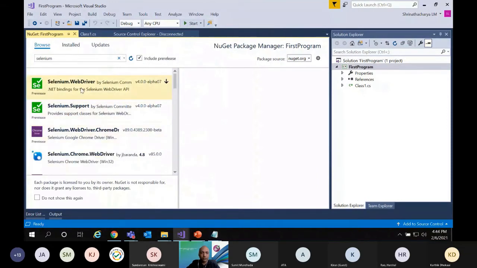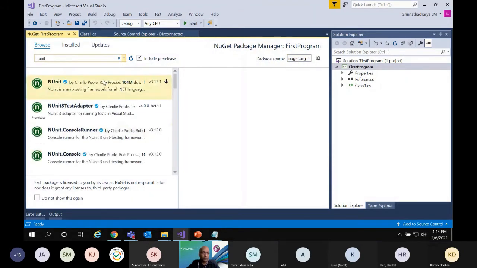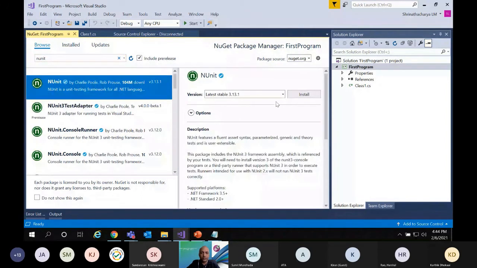In order to get all the NuGet packages, there is a package source. If you have some other sources also, all the sources are displayed over here, nuget.org. You can see everything. First, I want to import NUnit. So here is NUnit.